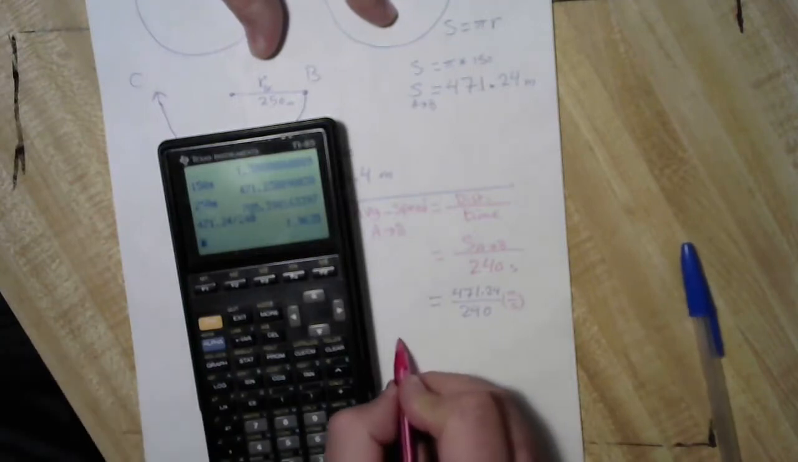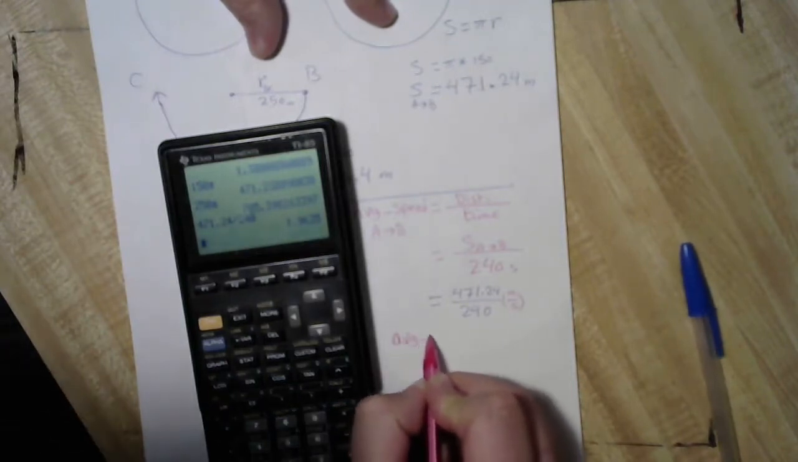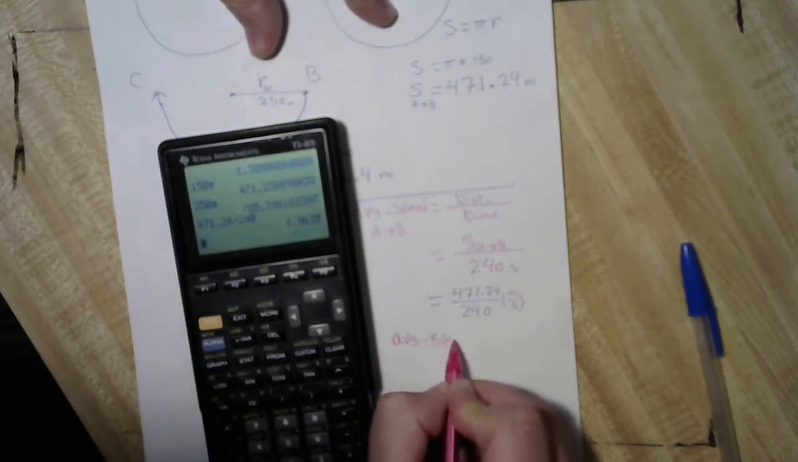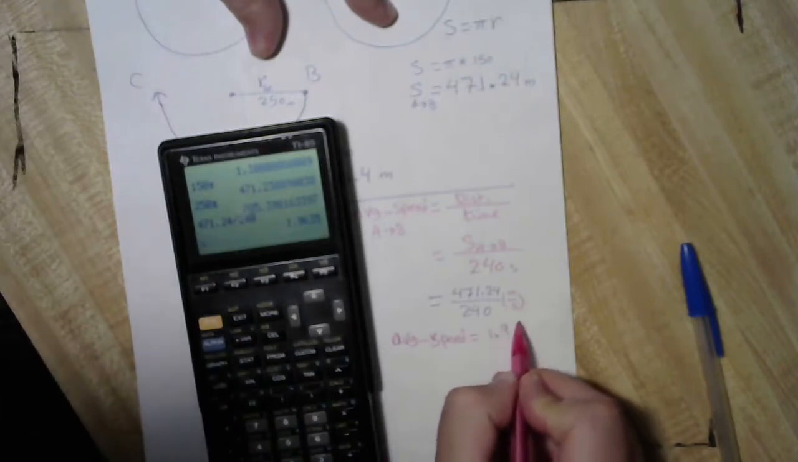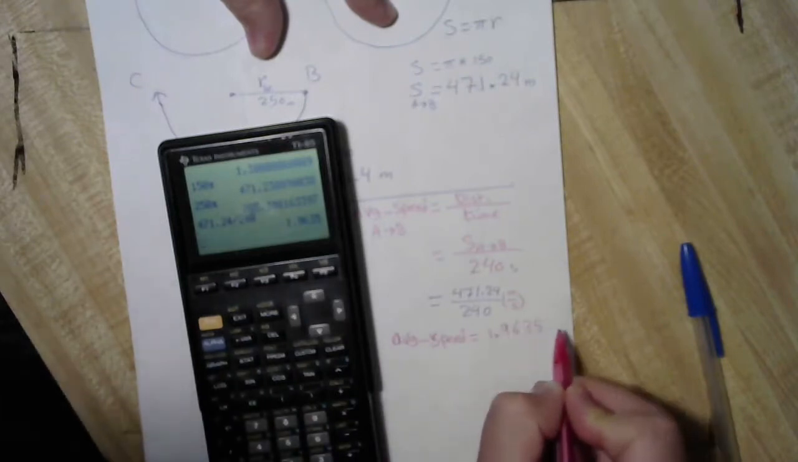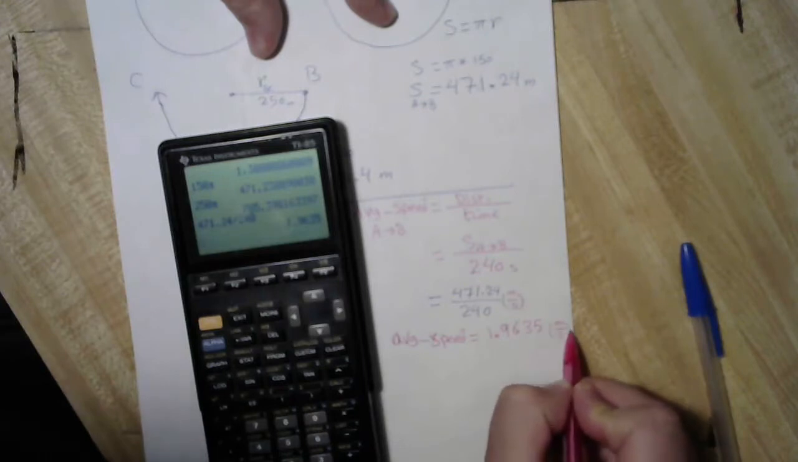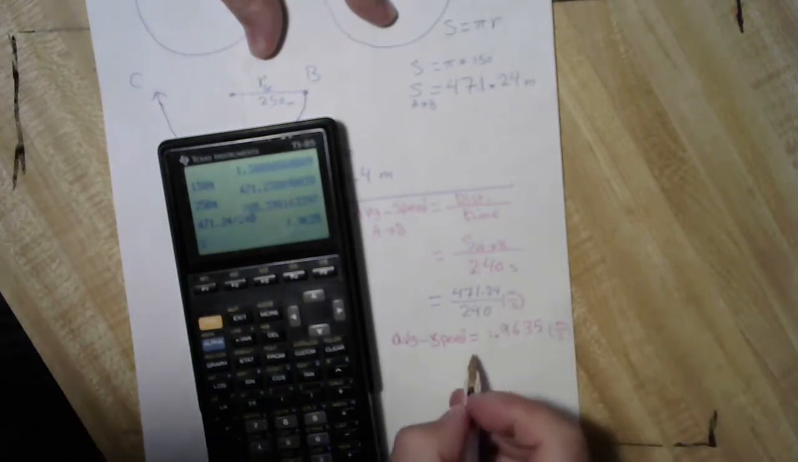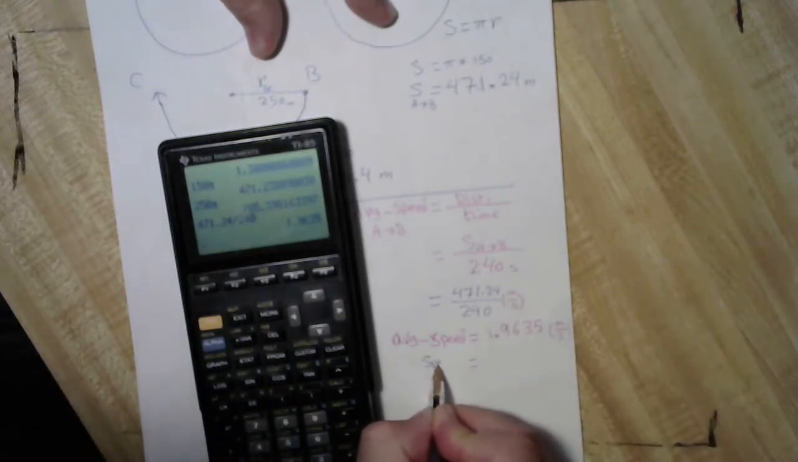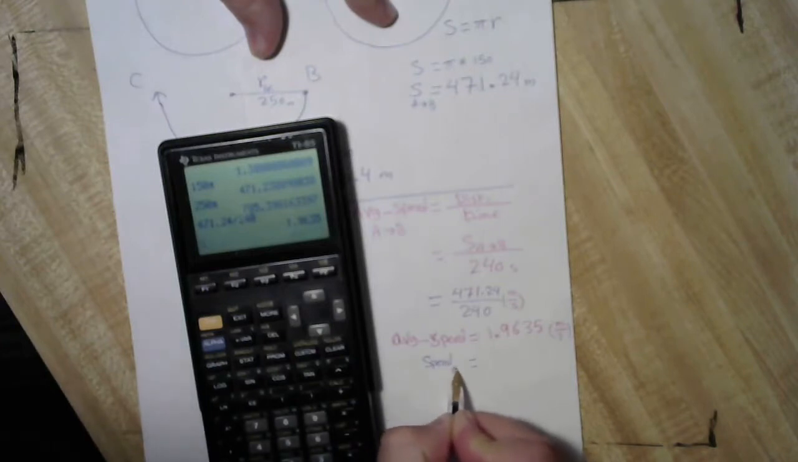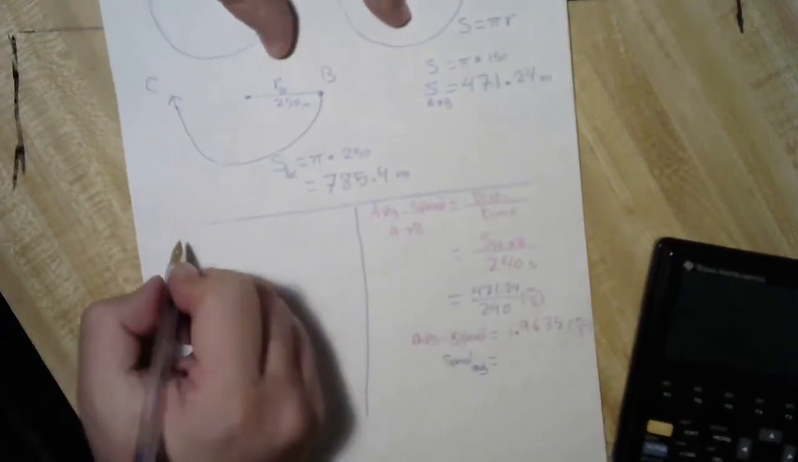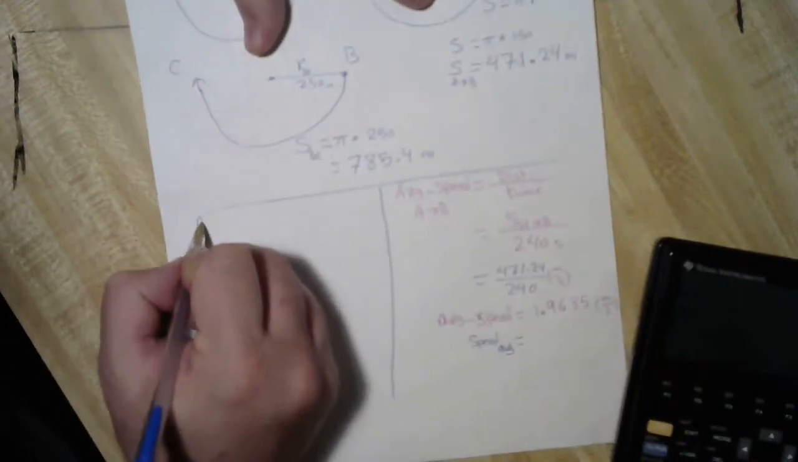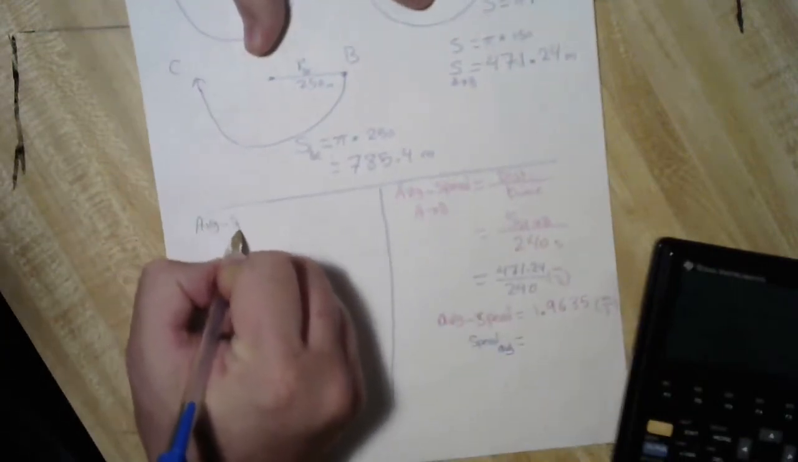So the average speed is equal to 1.9635 meters per second. Also, I can write it as average speed. It's okay. Now I also need to compute the average speed